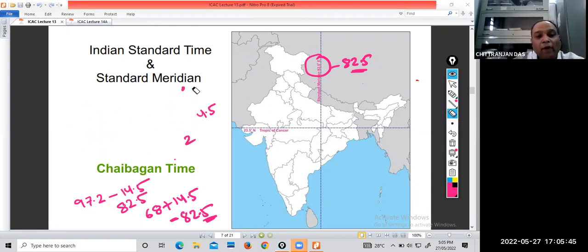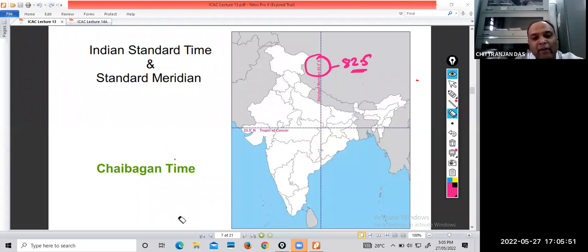Now imagine a country like India which has a huge longitudinal extent of around 29 degrees. Should such a country have one standard meridian? If we look at countries with large longitudinal extent, like Russia, China, and the United States of America, all these countries have several different time zones, east, west, center. But in India only one time zone is there because one standard meridian is there.